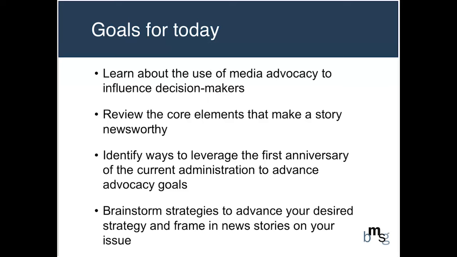So I want to start by sharing some of the goals that we have for today's webinar. The first of these goals is that we're going to learn about how to use media advocacy to influence decision makers. Often in public health, when we talk about communications, there's a lot of emphasis on communicating directly with individuals so that they can